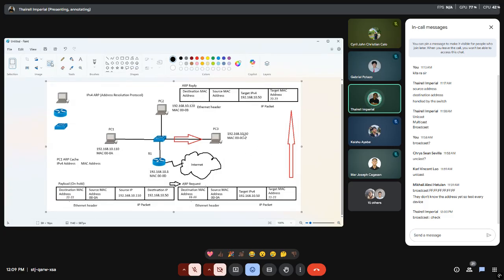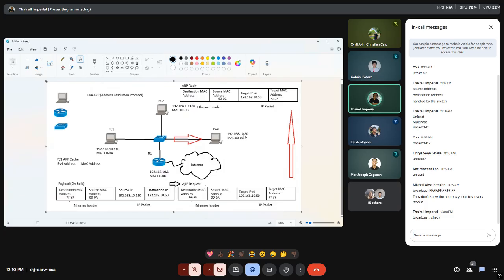So this now will be 00-0C. Then, as part of the reply confirming that the target IPv4 is 192.168.10.50, the target MAC will now contain the MAC address of this target IPv4.